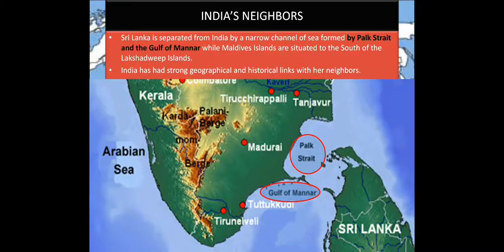Now Sri Lanka is separated from India by 2 narrow straits. You can look at the map. Palk Strait and the Gulf of Mannar separate India from Sri Lanka. So India's position and its strong geographical and historical links with her neighbors have always helped India to grow and develop and